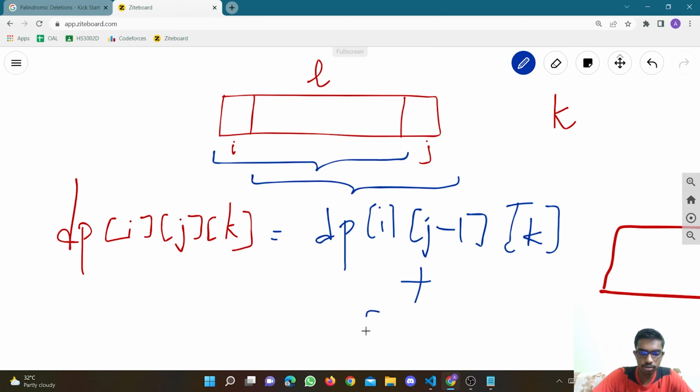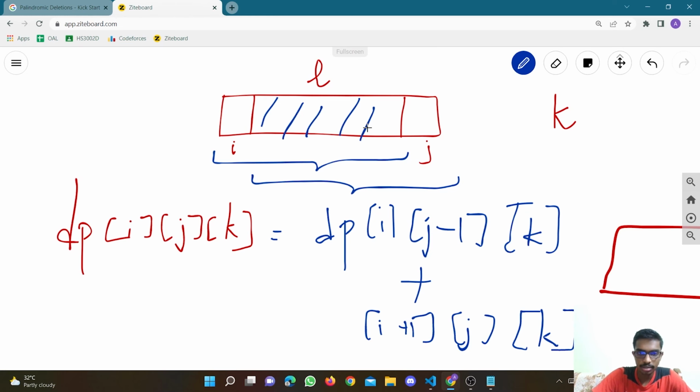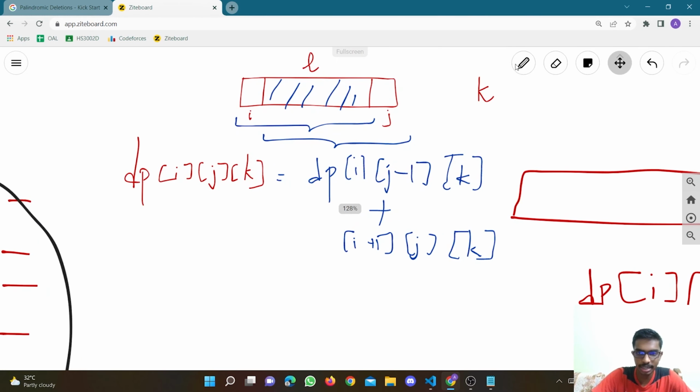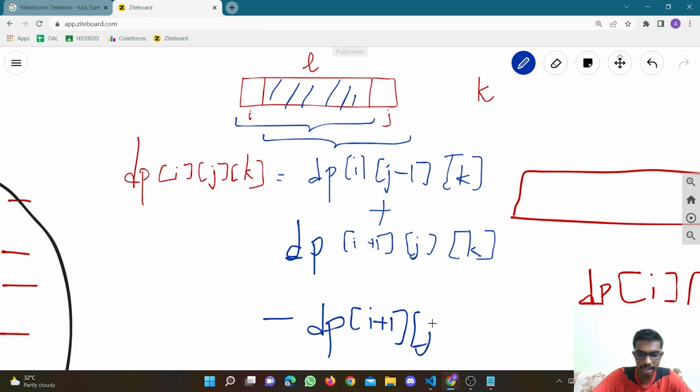And now if I do similarly dp of i plus 1, j, k, that will include all subsequences that may or may not have the last character. But I am double counting this area, right? Because I'm double counting that area, I'll have to subtract it once. So minus, pardon my handwriting, it's the mouse, minus dp of i plus 1, j minus 1, k, since I'm counting that part twice,